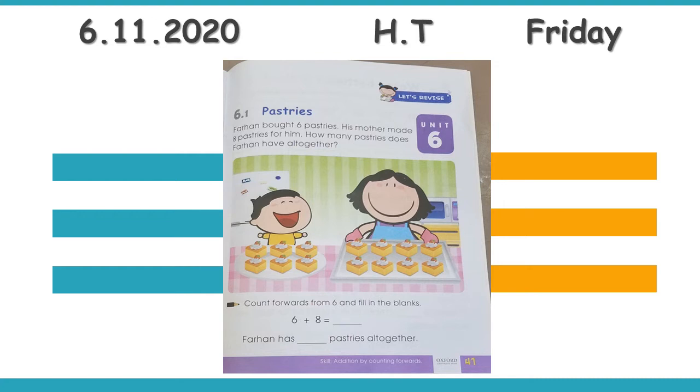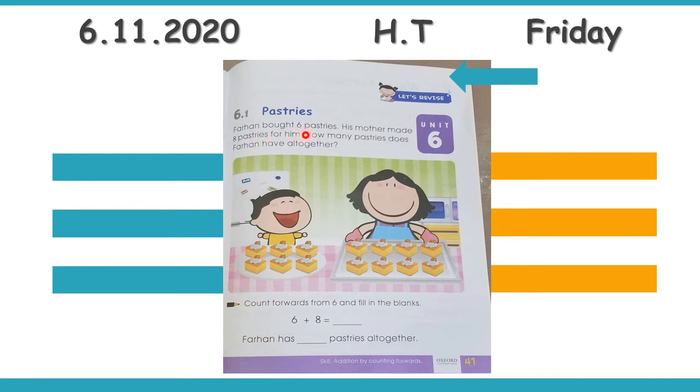And where you are going to write, my arrow is telling you. You can see on your screen, top of the page. You will write here. There is no line, but make sure you are writing in a straight line. Then come down, 6.1 activity number, and this is about pastries. Who is in the picture? What you can see on this page?